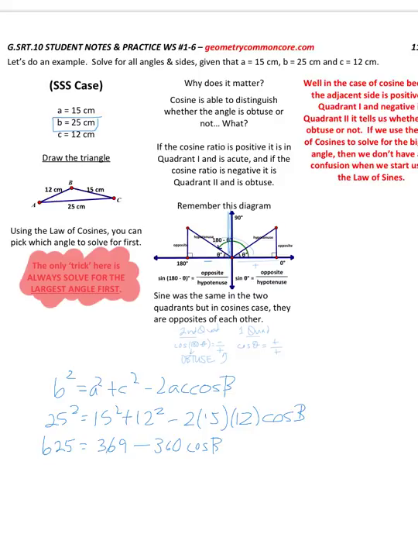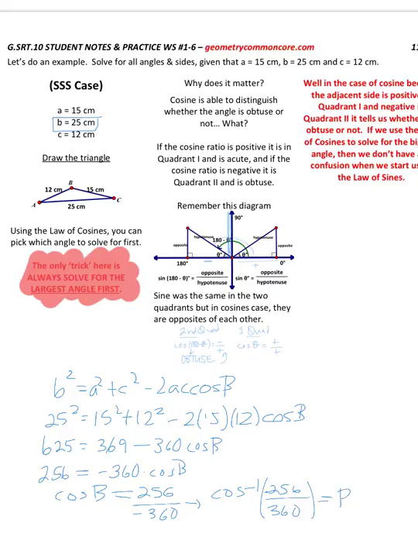The 360 is a coefficient on cosine, so you will subtract 369 from both sides, and I believe you get 256 equals negative 360 times cosine. To isolate the angle completely, you'll divide both sides by negative 360, and we get cosine equals 256 over negative 360. And if you recall from here, we could go ahead and take the arc cosine, inverse cosine of the negative 256 over 360 to calculate the angle. And this way we get the angle to be approximately